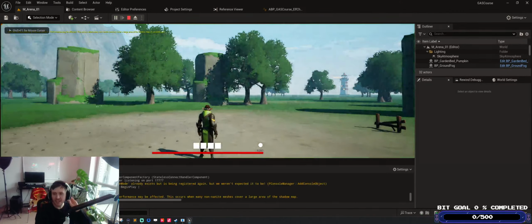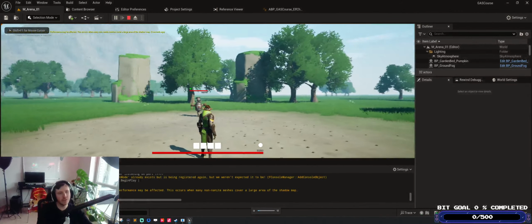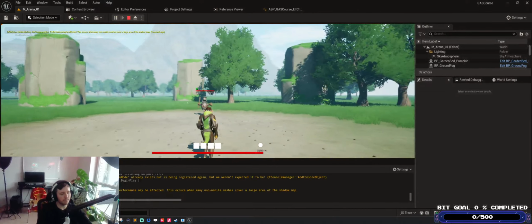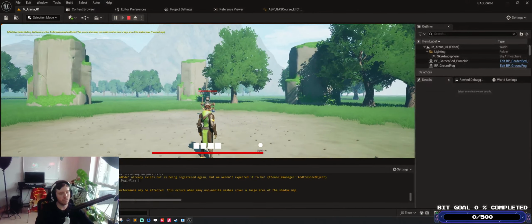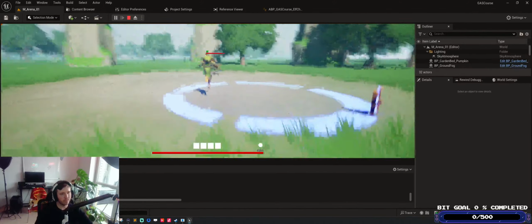So when you try to activate them when they're already in cooldown or something like that, I want to have some UI callbacks so that we can do some responsiveness for it. Some sort of shaking, or